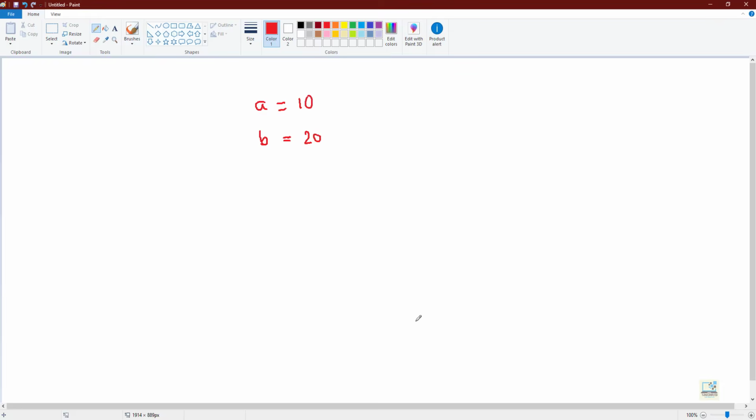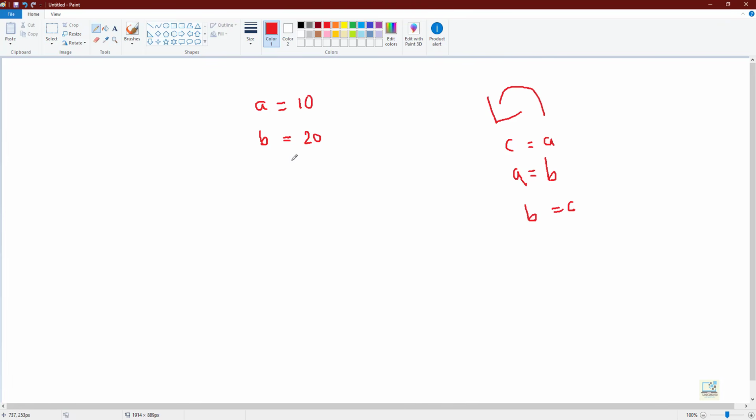So as per my code, C equal to A, A equal to B and B equal to C. Always remember the value goes from right to left. Okay, so if I have written C equal to A, means the value will go from A to C, from right to left. Value always goes from right to left.